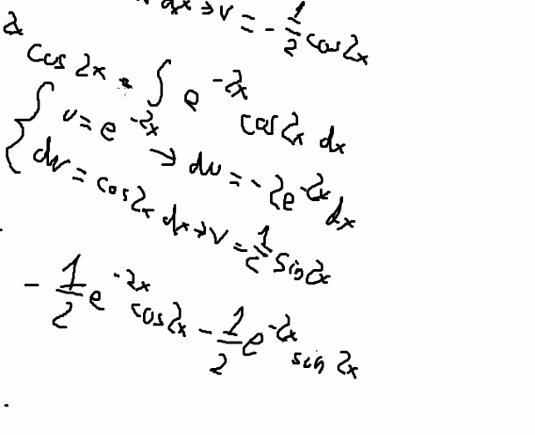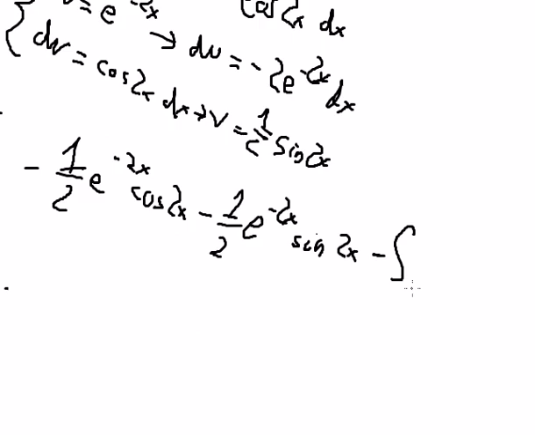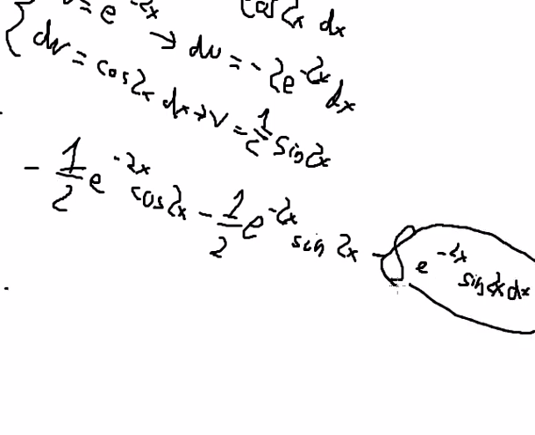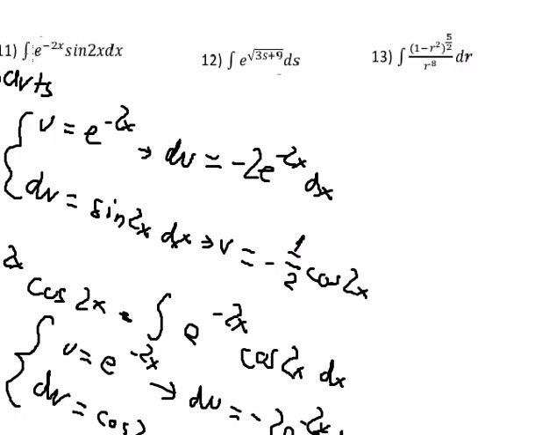Because we have the negative, in here we have another negative, and we have negative this one, so we have the negative in here. 1 over 2 simplify with number 2, you got e to the power of negative 2s sine 2s ds. And if we look carefully, this one is similar to the beginning,